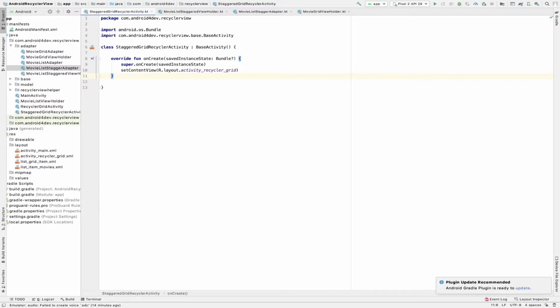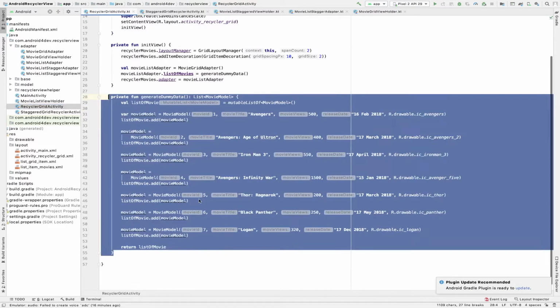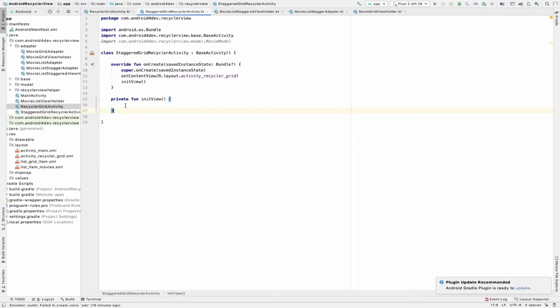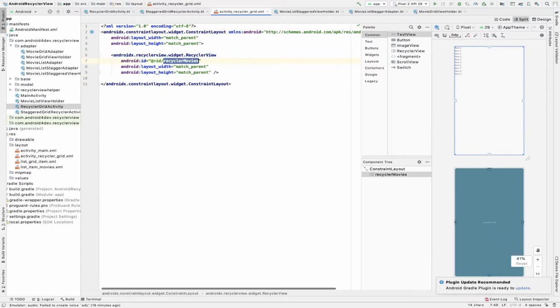Okay, so in this activity what we will do is attach the staggered grid layout manager to the recycler view. Let's create one function here. We made one function in the previous video for generating dummy data, so I'm going to use the same function so I don't need to rewrite the whole code. Okay, now recycler movie, so